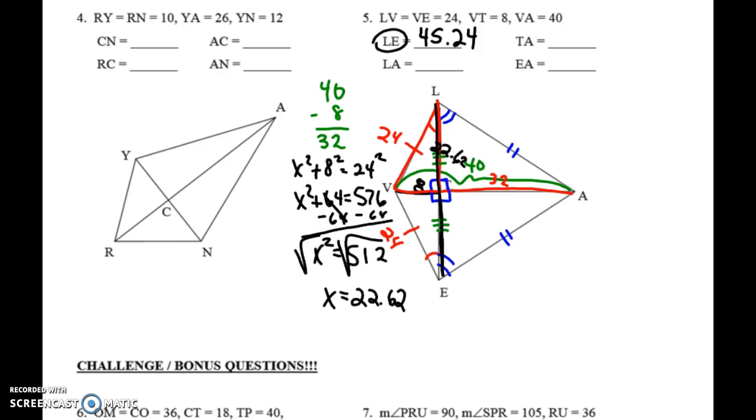So now I need to go and find out, okay, well, how big is LA? Well, if I'm looking at LA, now I can go back and look at this triangle and do Pythagorean theorem to find that other side. So it's going to be the 22,